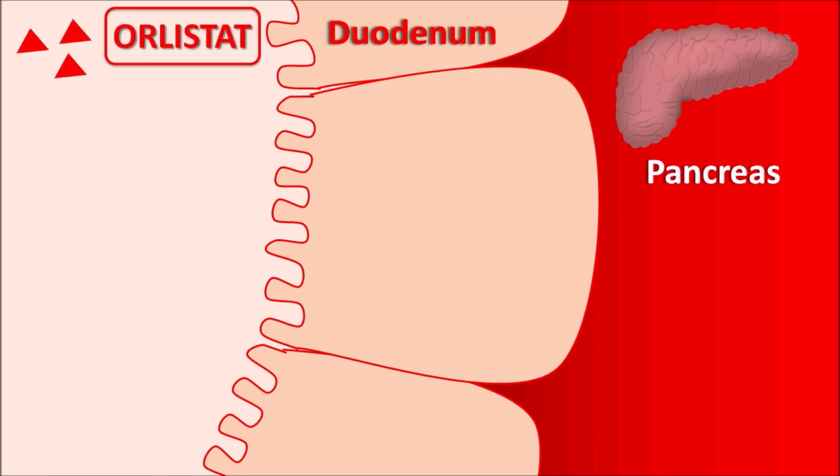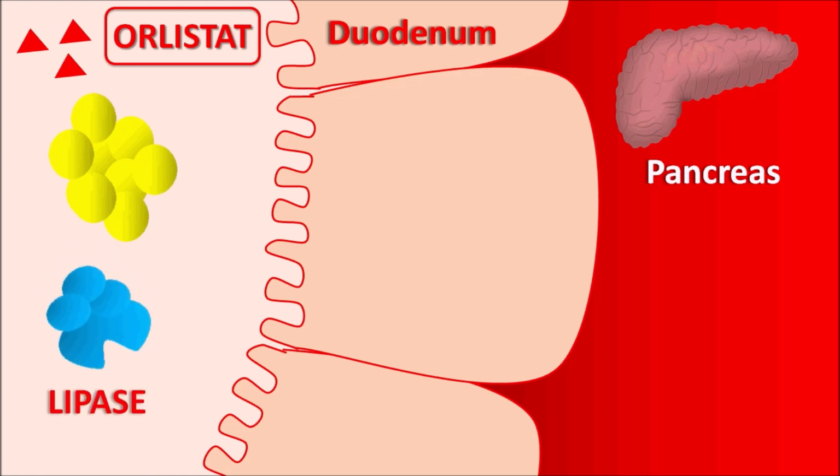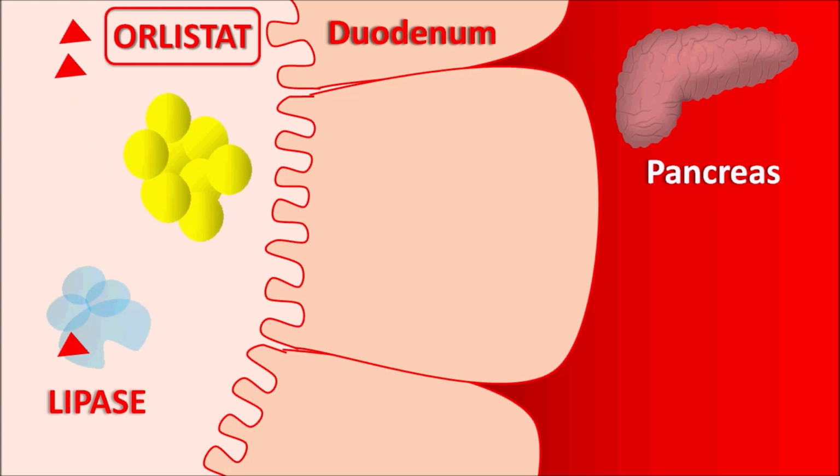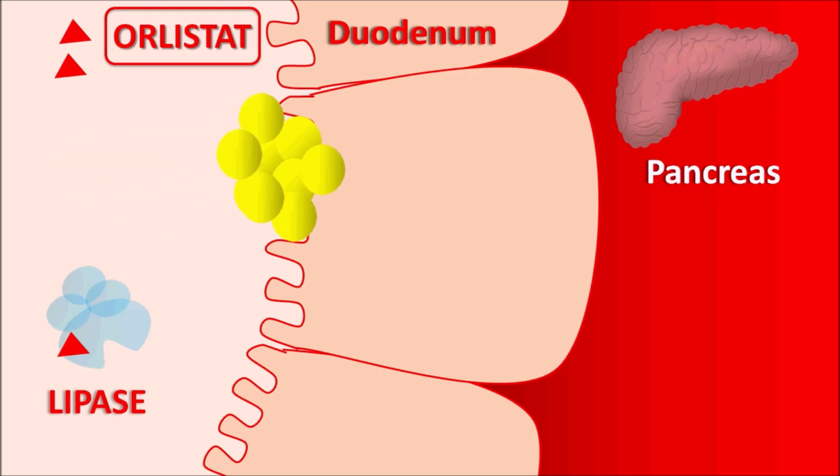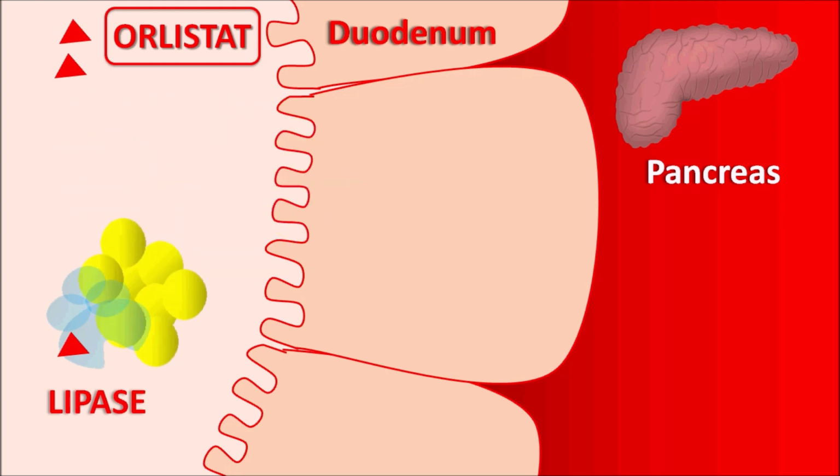Now, in presence of orlistat, what happens? So, triglycerides in presence of orlistat are not properly absorbed because they require one of the enzyme, lipase enzyme. Now, orlistat can bind to the catalytic site on the lipase enzyme, thereby it inhibits the activity of this enzyme. And when this enzyme is inactive, triglycerides cannot be split into free fatty acids. So, they cannot be absorbed as it is. So, they are neither converted into free fatty acids nor absorbed directly. So they pass through the intestinal lumen and excreted into the feces. In this way, orlistat can reduce the lipid absorption, thereby it can produce weight loss in the patients.